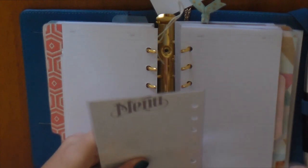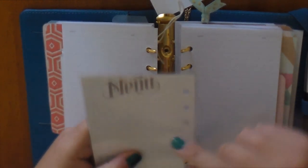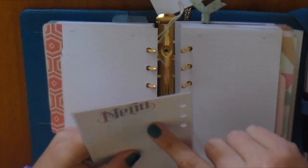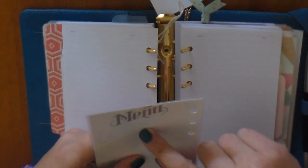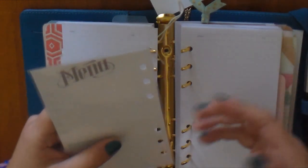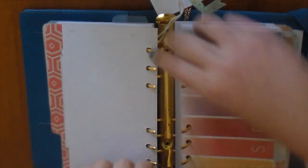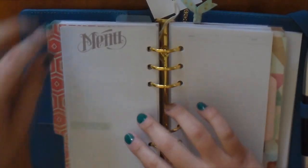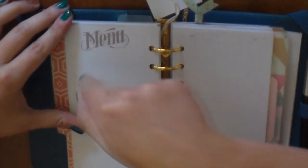columns is check off, like, yes, I had breakfast, lunch, and dinner on Monday. I mean, there's no room to write anything there. Or put a happy face, like, no, I didn't like my breakfast, or a sad face, or I don't know. I don't know why there's 3 columns, because it doesn't make sense at all. But anywho, I like the idea, so I just ignore the columns and just write dinners for Monday, Tuesday, Wednesday,